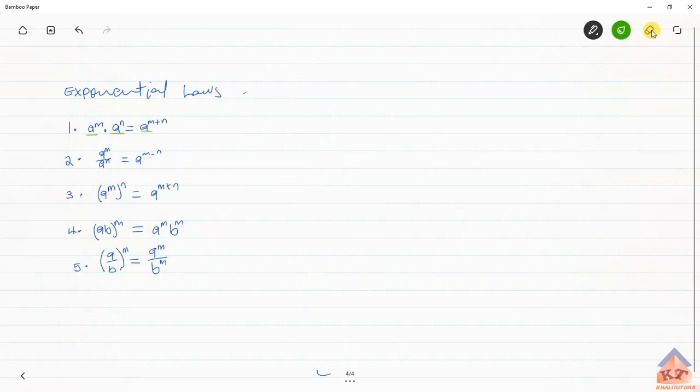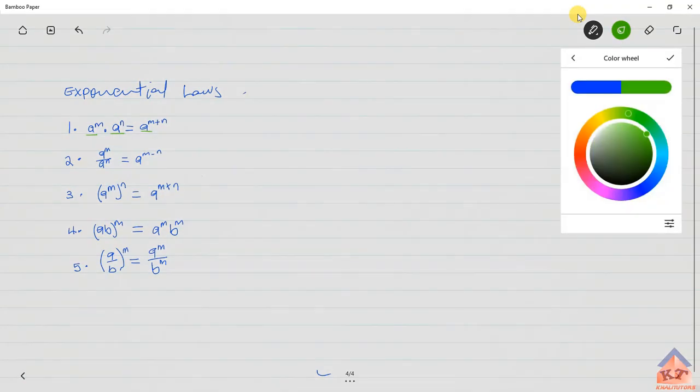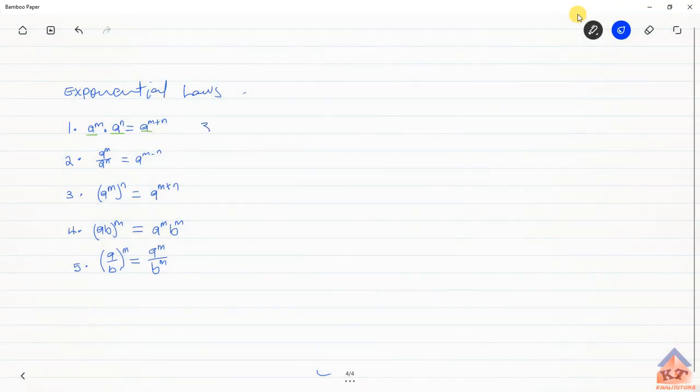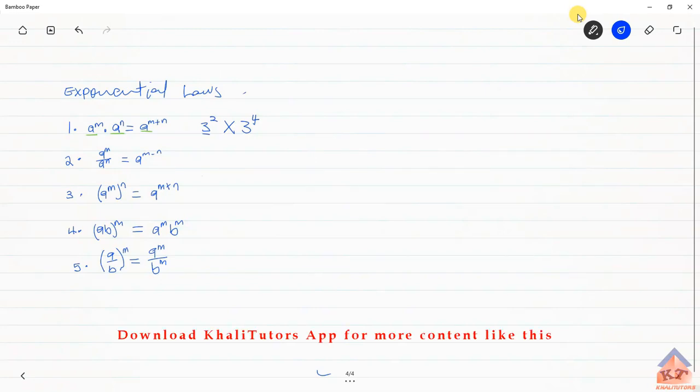Okay, so let us use numbers to illustrate this. Let's say you've got 2 numbers. You've got 3 to the power 2 multiplied by 3 to the power 4, and then what's the answer to this? You can see these two have the same base. The base is 3, then we simply add the exponents. Then you'll have 3 to the power 2 plus 4,